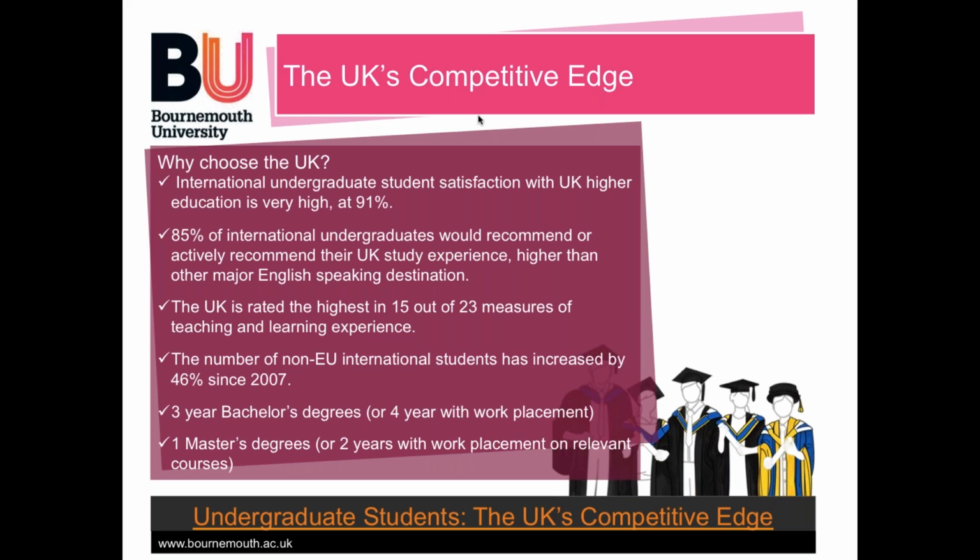And the number of non-EU students, so everyone that's pretty much not living in Europe, has actually increased. So there are more people that aren't from the UK or Europe finding a desire to go to the UK to study. And I'd say one of the driving factors